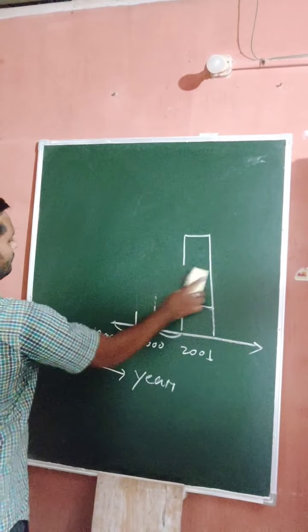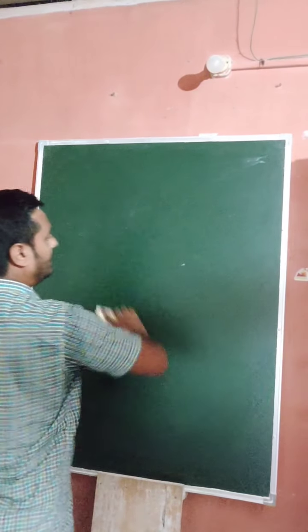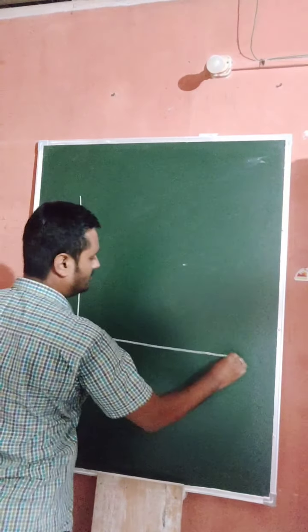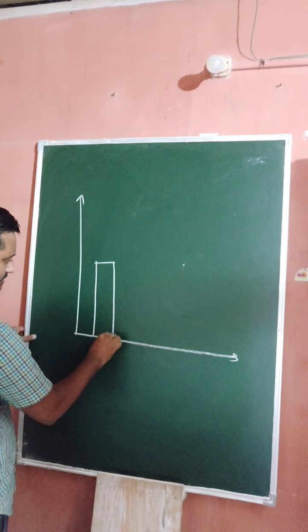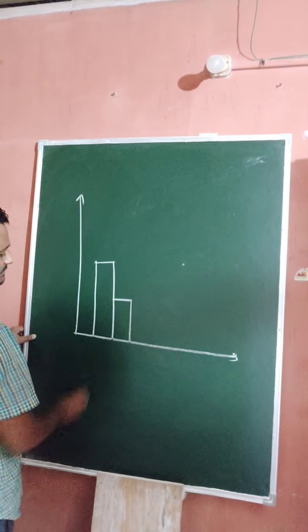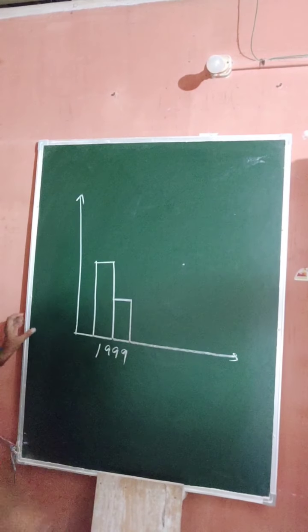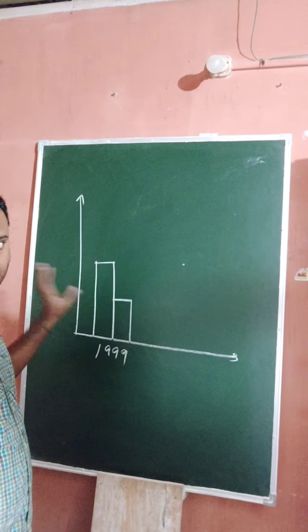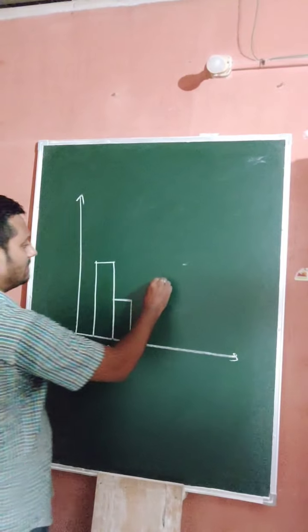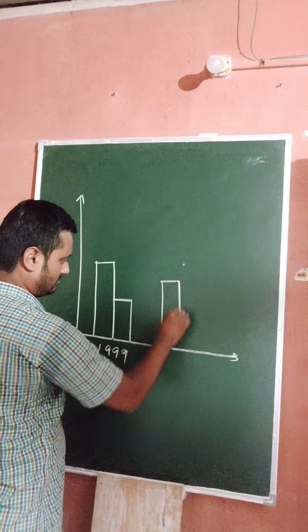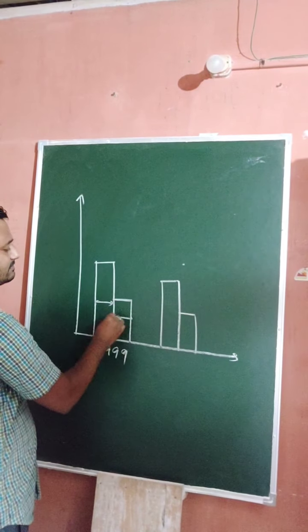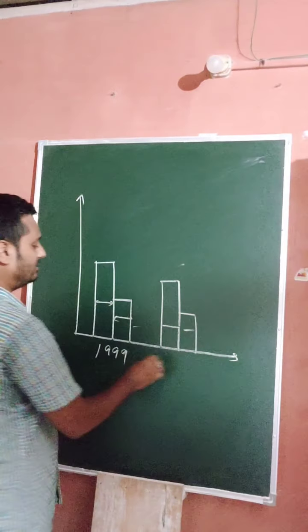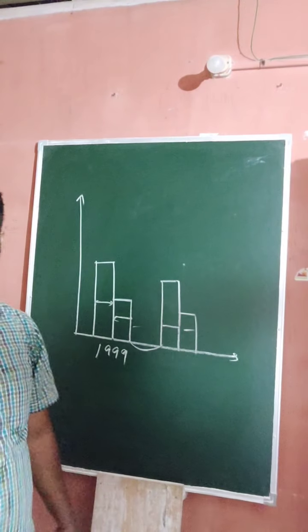Again, double bar graphs, all of you know that if double data is compared, then you have to draw it like this. A double bar graph is like that. One is this one and this one. Again, suppose 1999, comparison of two companies in expenditure, suppose this one, or income, suppose this one. Again, suppose like this. So in this case, again, the width of all the bars must be equal and the distance between them must be equal. Okay, this is the basic thing.